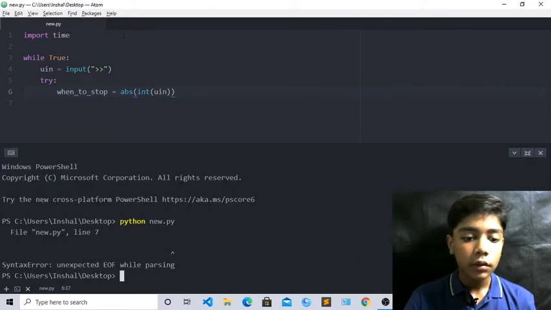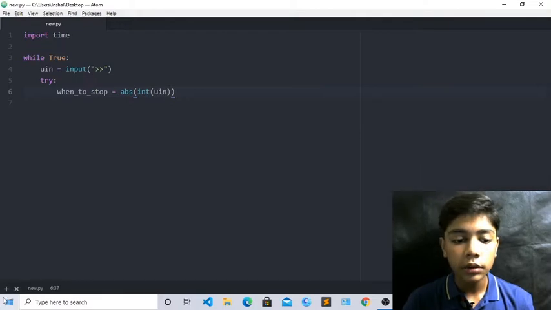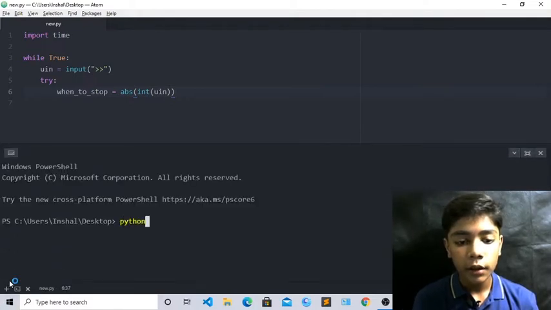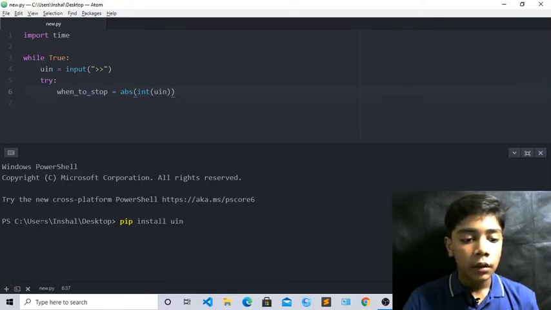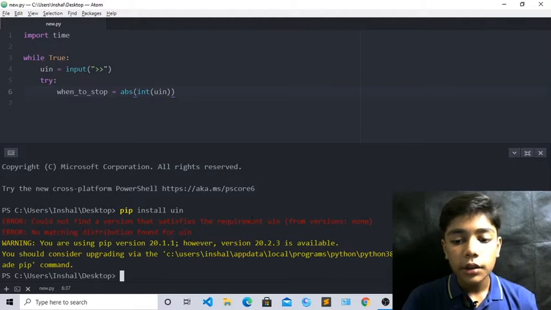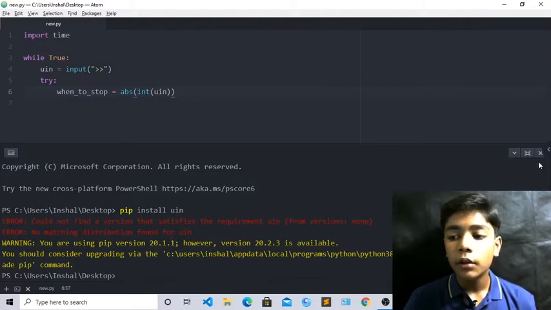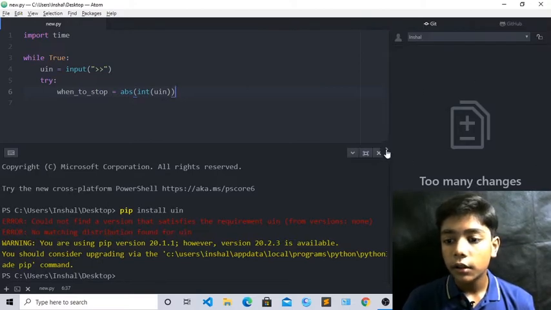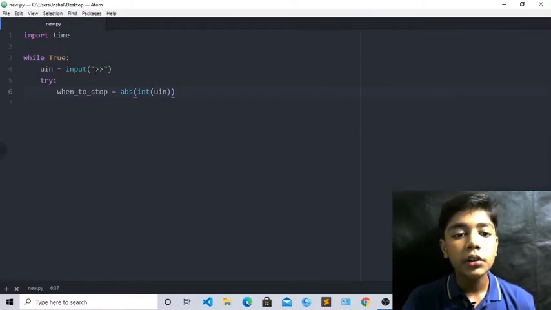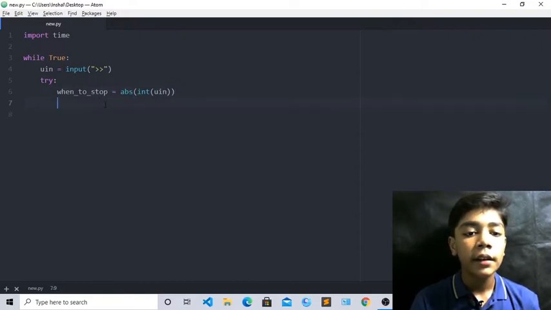Okay, error here again. Now just close, come over here, Python, oh sorry, Python not, it will be pip install, which will be UIN. Okay, now you can see this, there has no latest version of UIN, only one version which we have already downloaded here. Okay, now close it, oh sorry, close it here. Okay, now just you can see we have written equal to here ABS init and UIN, we have written these all. Just write enter here again.